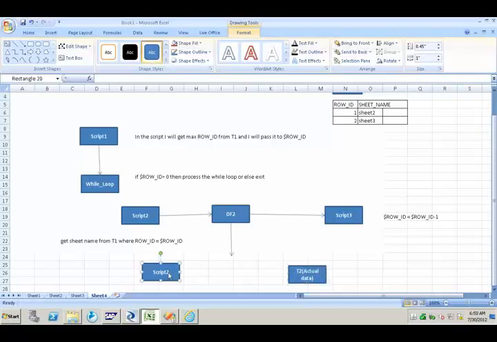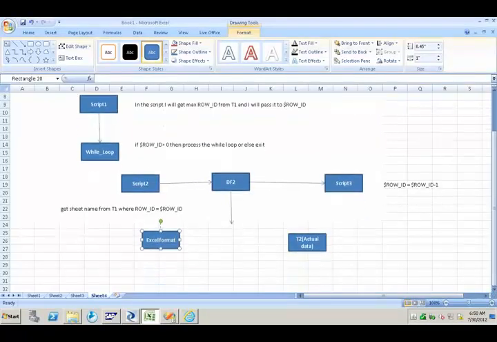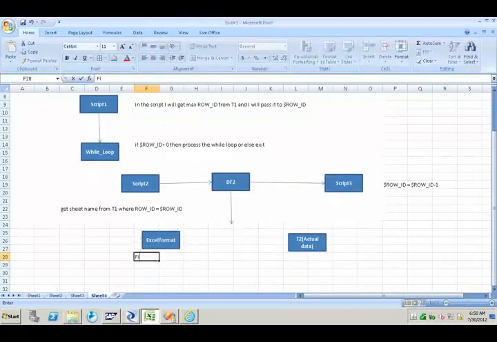Then this will be in Excel format, and file name is equals to, so hope you remember the Excel format. What will be the options in the Excel format? We will have a directory and also we will have a file name.